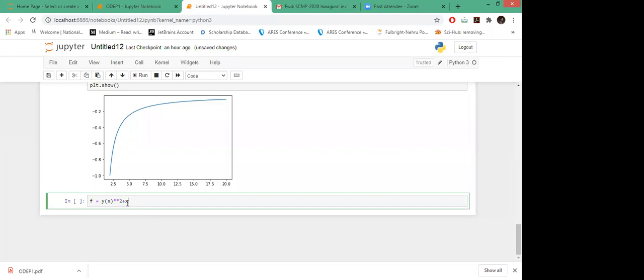So I have defined this function y squared plus x, and then I will define my differential equation in dy by dx form, and on the right hand side I want this f.